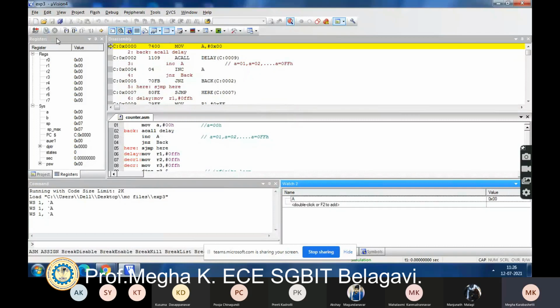I'll try once again. Okay, you can see the number has started here. I hope it is visible. You can see the values are executing 0x00, up to 5, 6, 7, yes. Now it's 8, 9, 10, yes, 10 means A, B, C, D. Similarly, it will execute till 0xFF. Fine. So I'll stop this.